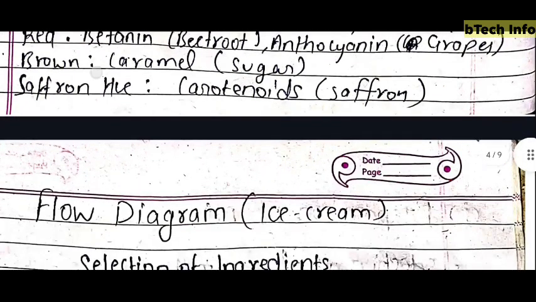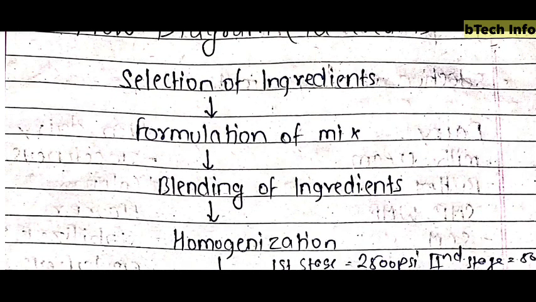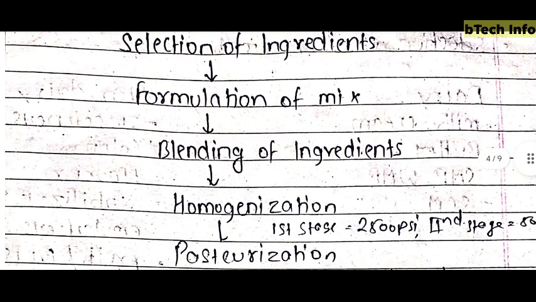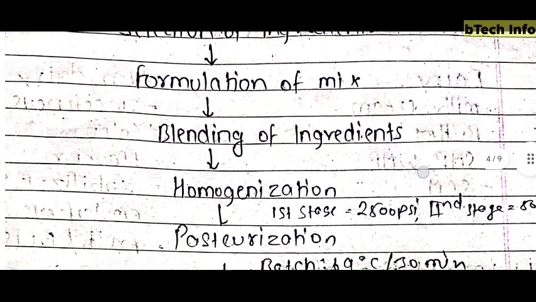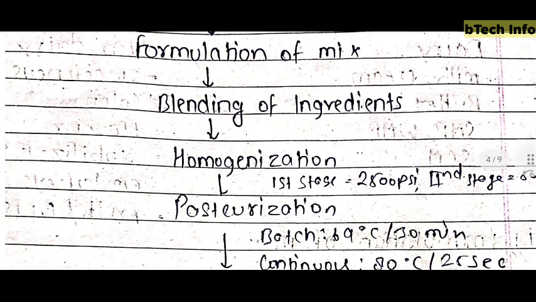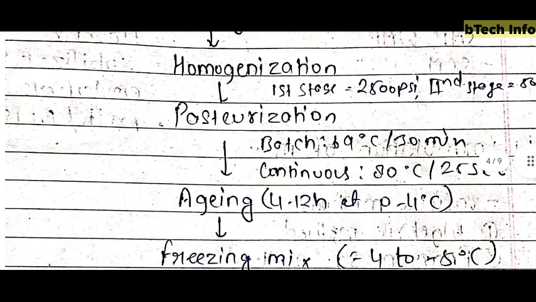Now we see the flow diagram of preparation of ice cream. So we first do the selection of ingredients. After the selection of ingredients, we will do the formulation of mix, like how much amount of ingredients we are required for making the ice cream. After the formulation, we do the blending of ingredients, then homogenization is done, and homogenization is done at two